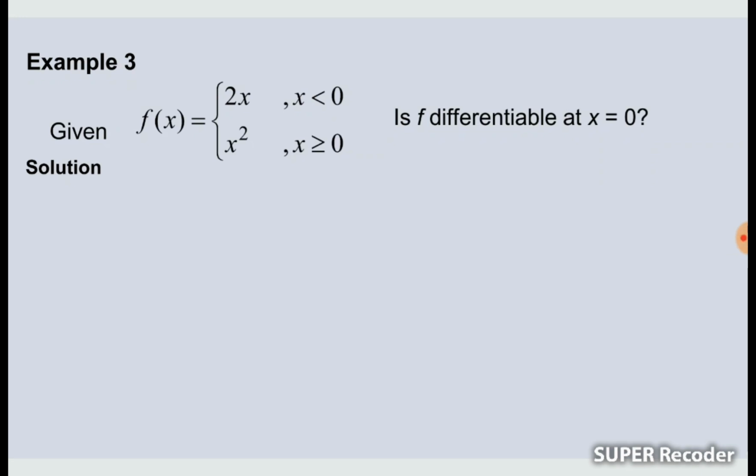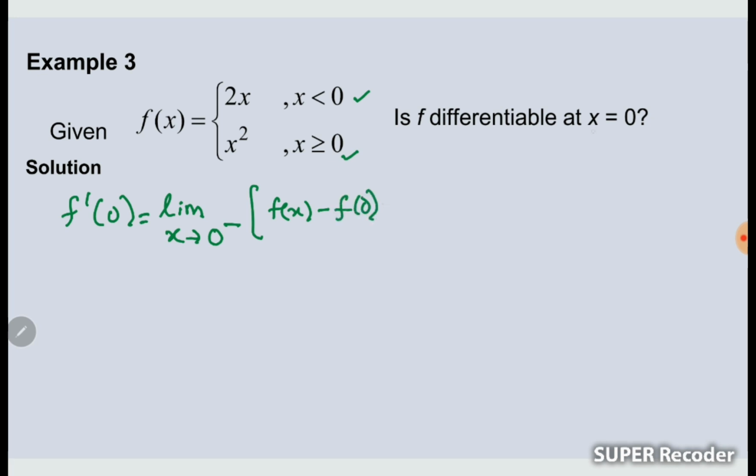Example 3. Given f(x) equals 2x for x less than 0, and x squared for x more than or equal to 0. Is f differentiable at x equals 0? We can start answering this question by finding f prime 0. By applying the formula, f prime 0 is equal to the limit when x approaches 0 from the left for f(x) minus f(0)